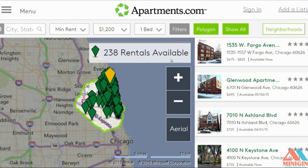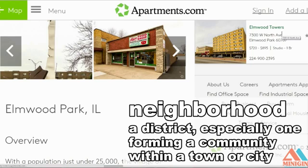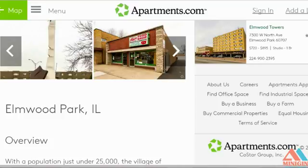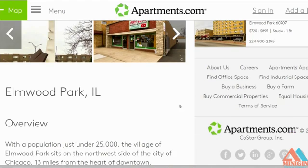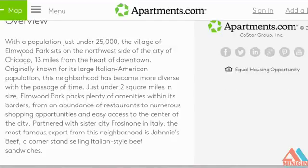One other thing that we can look at on this apartments.com is the neighborhood, which is the area that the apartment is in. You can read about it so that you know what is good, what places you can eat at, what places you can shop at, if it's safe or not. It will tell you everything that's in the area. So this particular area is called the Elmwood Park area, and it gives an overview of information about the part of that city,